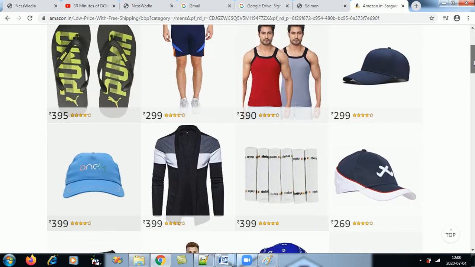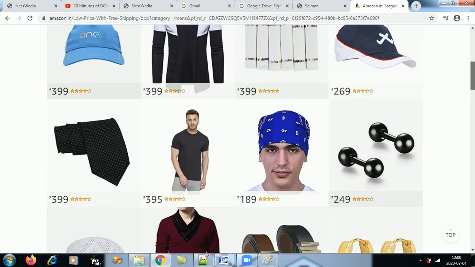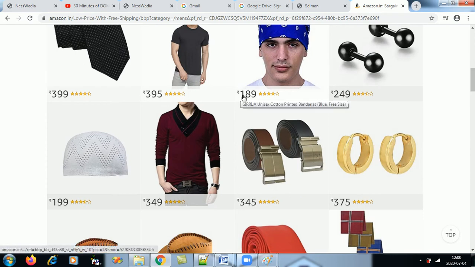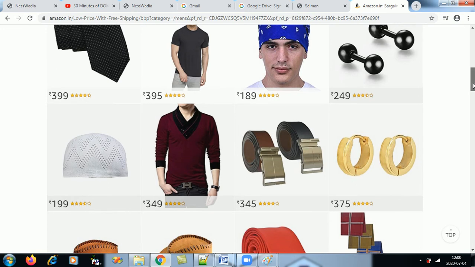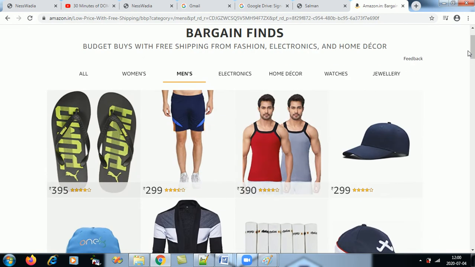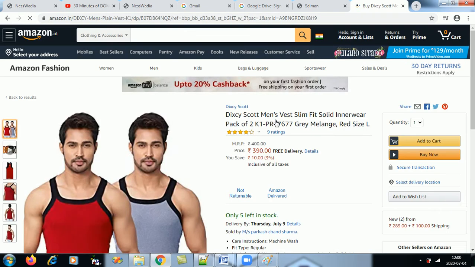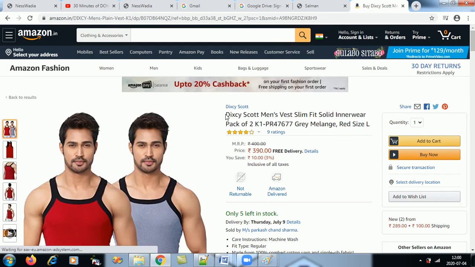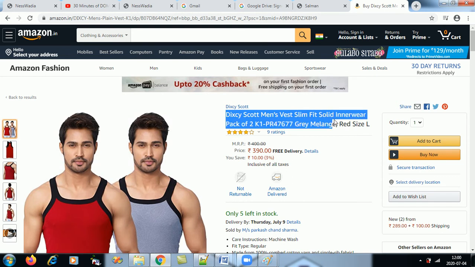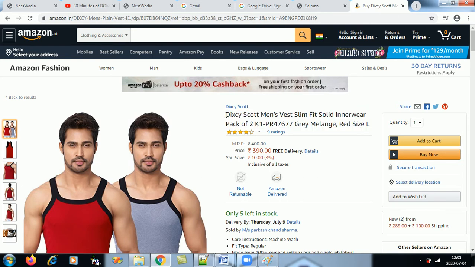So if Amazon has 1 billion products for sale, for example, the font which shows the pricing, the size of that font, the color of that font, the type of that font is all the same across all the products. If I go to description, the font which shows the product name in detail or the summary of the product detail is the same across the entire website.